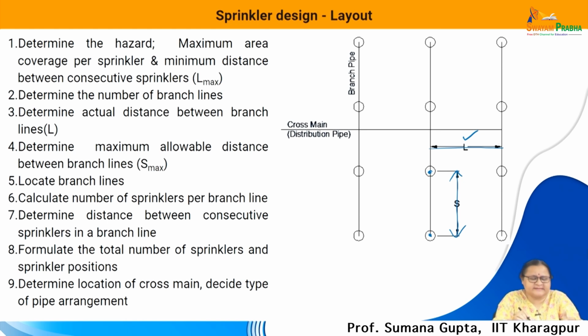So, L max is given, S max is given. If you have the L max and S max with you, you have to satisfy that your S value should be less than that, or your L value should be less than that. You see here the pipe coming for the distribution system, and it is branching out to different pipes. At every point there is a pressure loss,